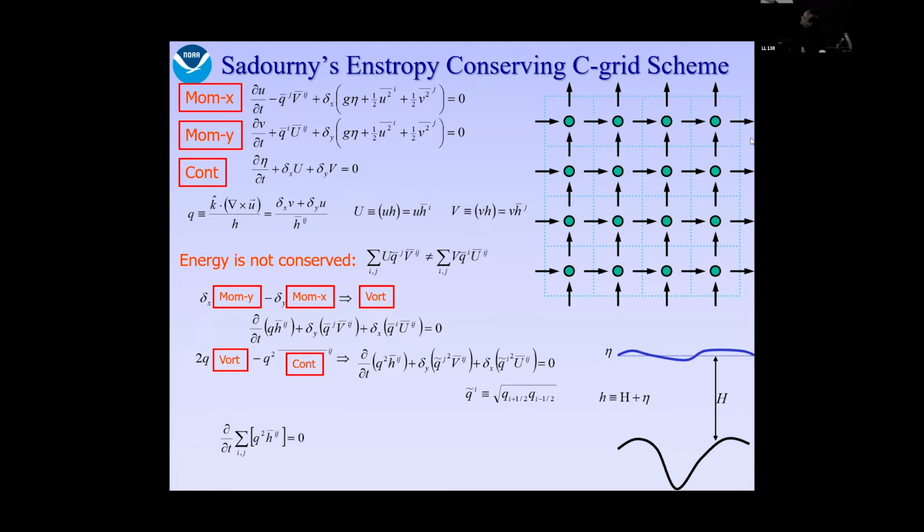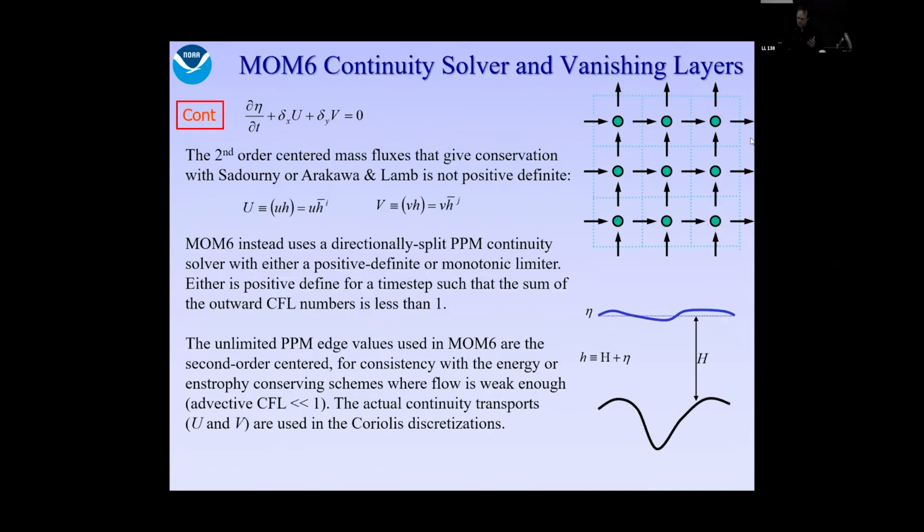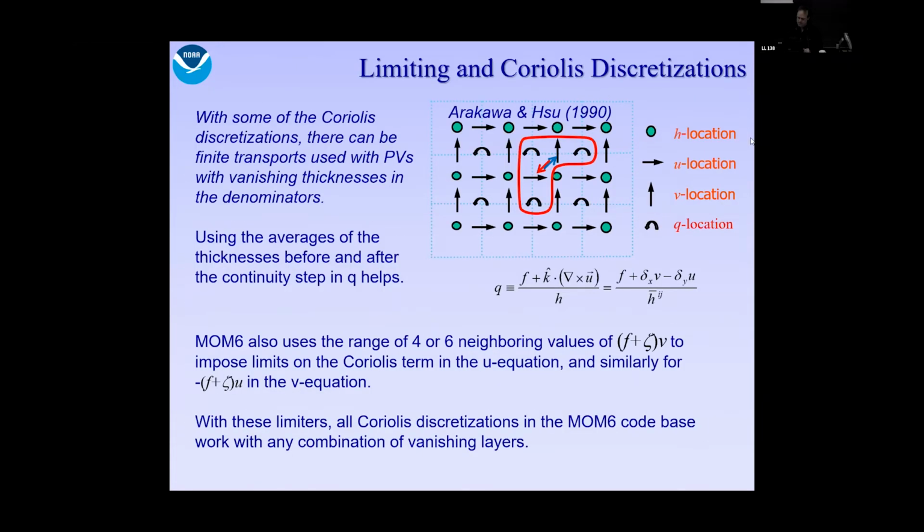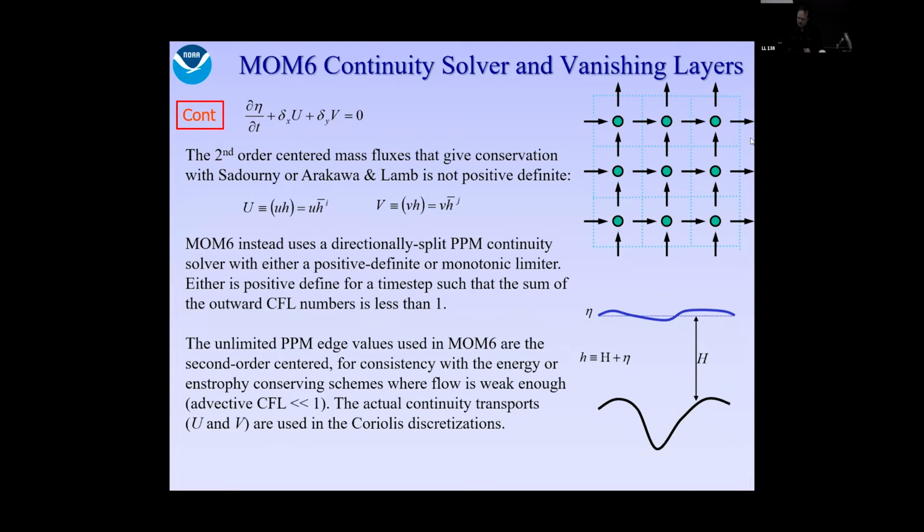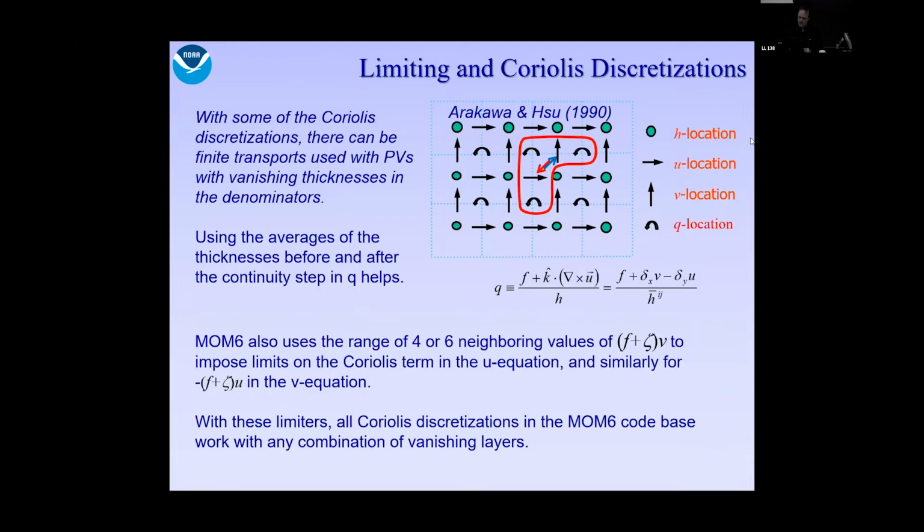There's a velocity times the thickness. The transports that we actually use are the actual transports used in the continuity solver, not the simple discretization used in the formulation of these older analyses. Okay. So there is still one caveat in that with some discretizations of the Coriolis scheme, and here I'm picking